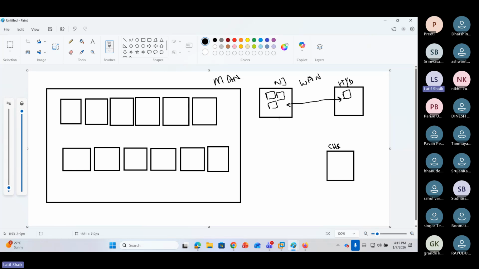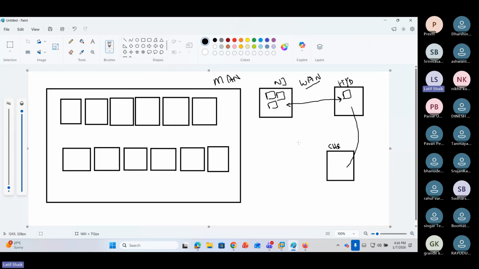Still, we are able to get connected, communicate, and share information, data, or resources through WAN connectivity. So WAN means globally separated places, globally separated networks. We can connect them and make them communicate.